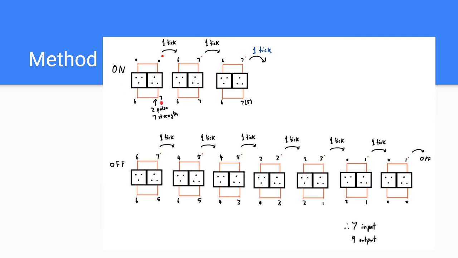So in the first tick, let's assume we have a pulse length of 2 and a pulse strength of 7 into the circuit. So the 7 is the input, and the redstone next to it becomes a 6. In the next tick, this comparator will detect that it's being powered by 7, so it also outputs a 7. And obviously the redstone next to it becomes a 6. In the next tick, this comparator detects the 6 behind it and then outputs a 6. This 6 will decay down to a 5, but because the input is still on, that's why it's still a